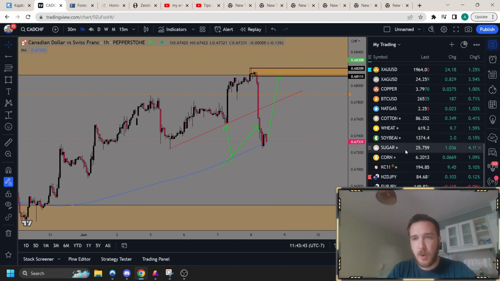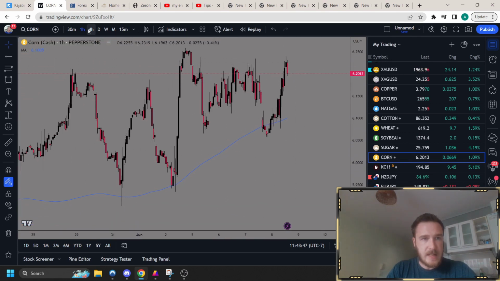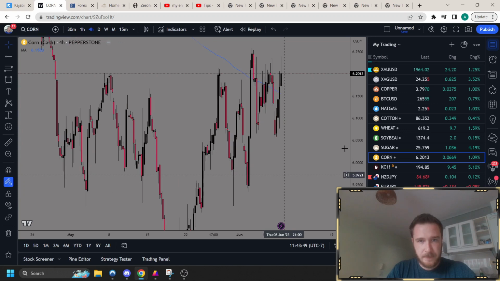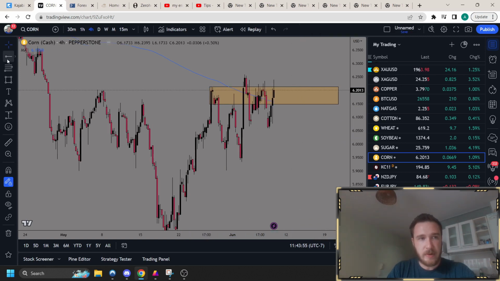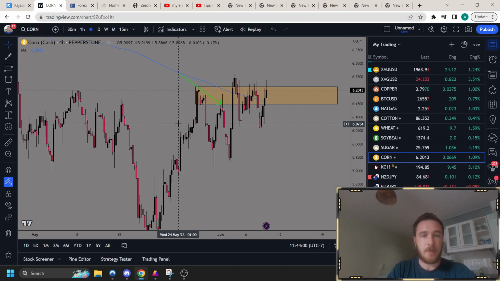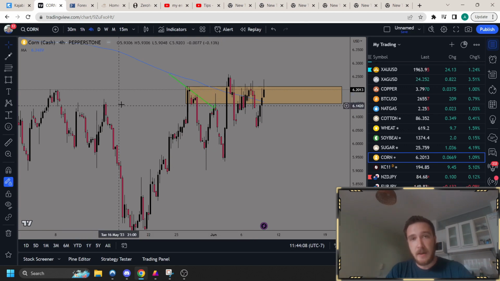Like an example was corn, let me break this down. I think it was a 4 hour time frame, and I was selling this zone, and I'm getting into this trade on the pullback back into this once it hits this area right there what I'm pointing to. Maybe you're somebody that wants to wait for like this reversal candlestick to be printed and then you join the trend and then you start getting short. That's valid as well. Just make sure you take 20 or 30 trades and make sure they're all the same